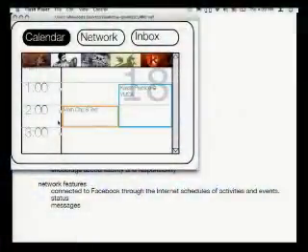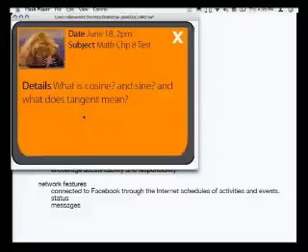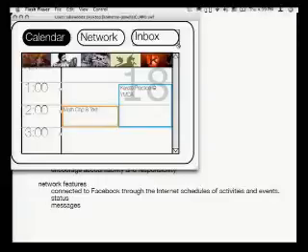So you have 5 people in your network, which is a large enough group that you can get to know people, but small enough that you can feel like you can have an impact on another person's life. And you can be accountable and responsible for your small network of friends. So you can navigate the calendar like a regular calendar. You can click on a day to find more about the day's events, and it's a touchscreen interface, so you touch the wristband and be able to navigate that way.